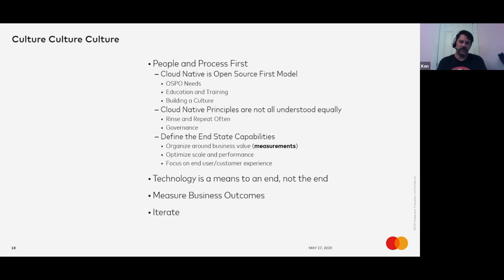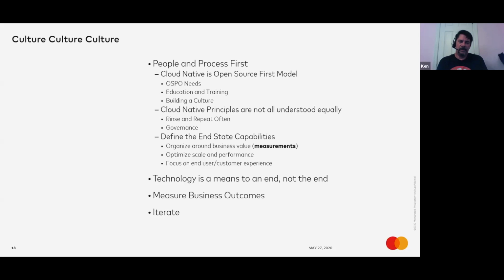And then it's important to put some governance around the principles so that you're not just telling people here's what you should do, but then never validating or checking that they're actually doing it. So governance is an important thing to put in place, not so much to penalize teams for doing things wrong, but to help educate them and go back to that first cloud native open source model mentality I brought up at the beginning, where you want to encourage the right behaviors, and then when you see those behaviors, help enforce them and continue to grow the culture of the organization towards that model.